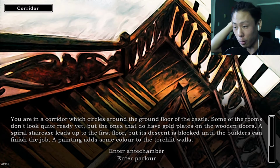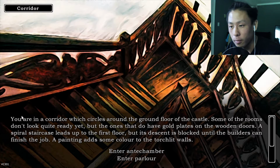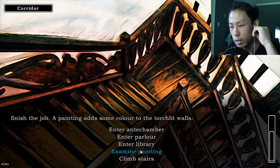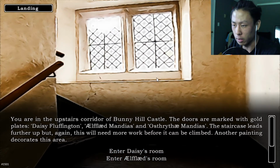We're in the corridor. We just left the parlor where we were talking to the Mandius guy. So, you're in a corridor which circles around the ground floor of the castle. Some of the rooms don't look quite ready yet, but the ones that do have gold plates on the wooden doors. A spiral staircase leads up to the first floor, but its descent is blocked until the builders can finish the job. A painting adds some color to the torchlit walls. So, I've already read that. I was just reading it again. We've already done all of these, except for climbing the stairs, so I guess we'll do that. And if you don't know, basically our job here for the moment is to stay here until Mandius finishes his quiz thing at the tavern, which we were supposed to go to, but I guess the job's taken over, so...